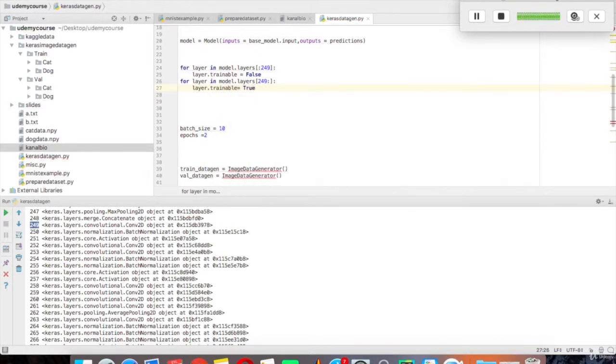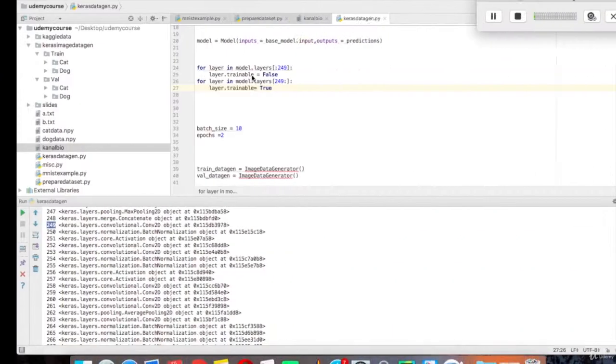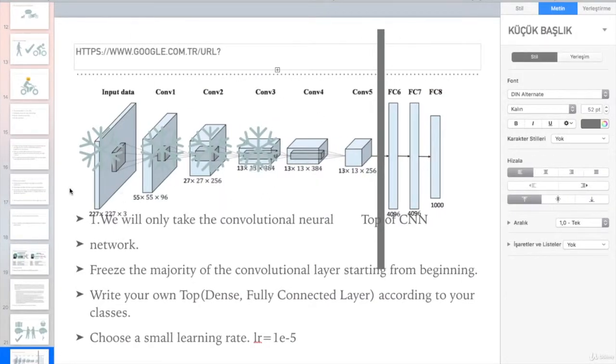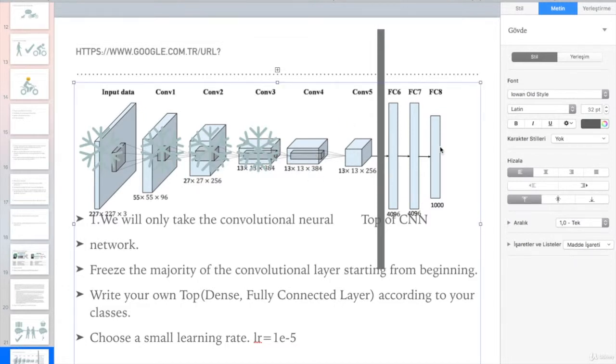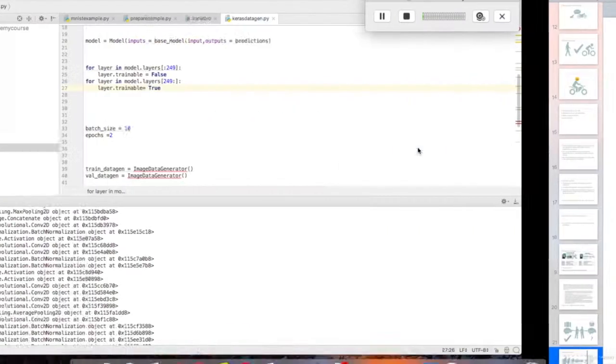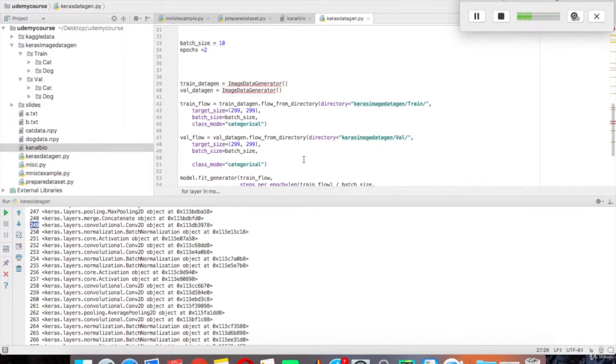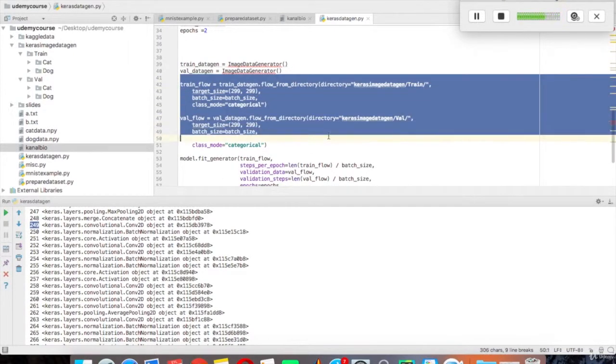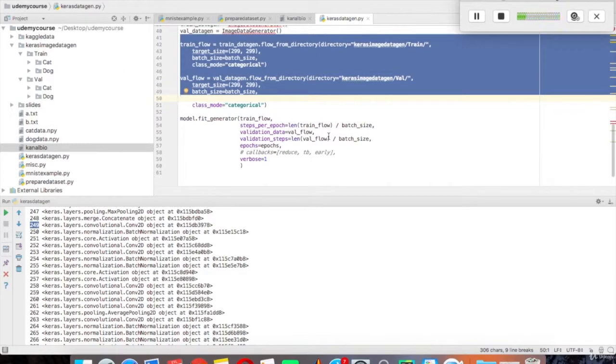Now we have the layers, so there are two ways to apply transfer learning. One of them is freezing all the convolutional neural network layers, and the other is freezing most of the convolutional neural network layers, but not freezing a minority of them. In any case, fully connected layers will be affected by backpropagation. So we now have no problem at that stage. We created our train mode, our image data generator before,